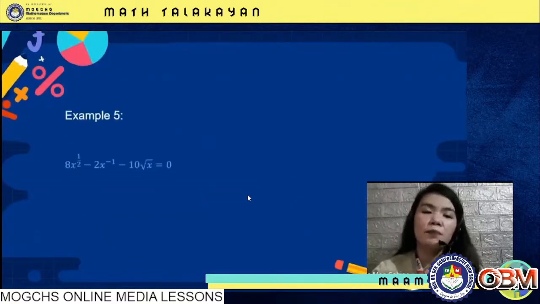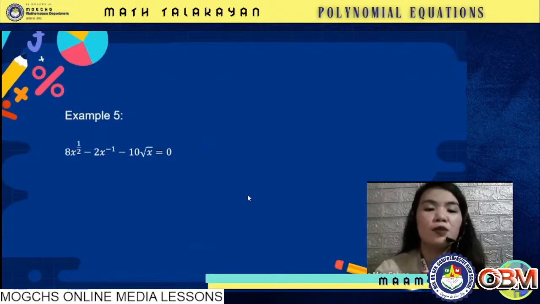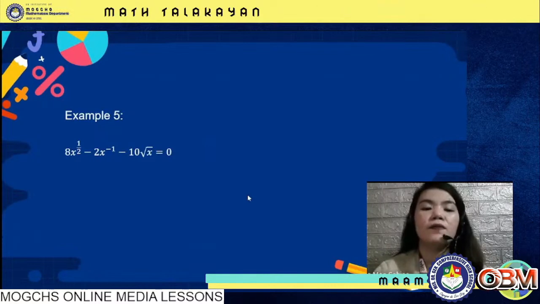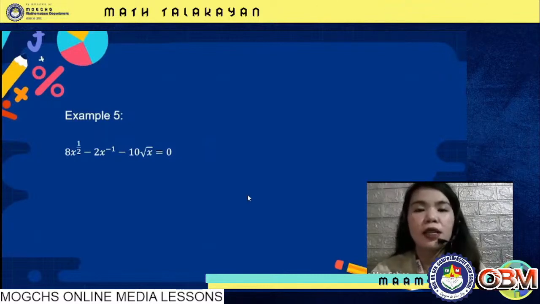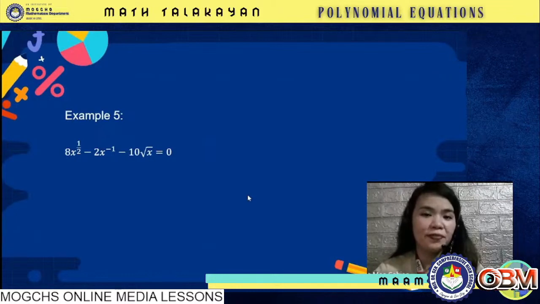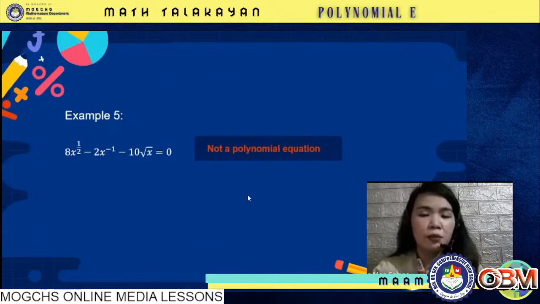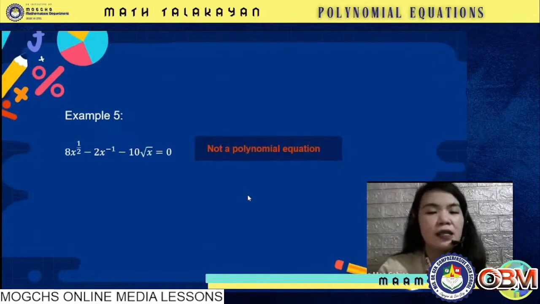So example number 5, we have 8x raised to 1 half minus 2x raised to negative 1 minus 10 square root of x is equal to 2. Now, the question is, is this a polynomial equation? Actually, this is not a polynomial equation. Why? It's because